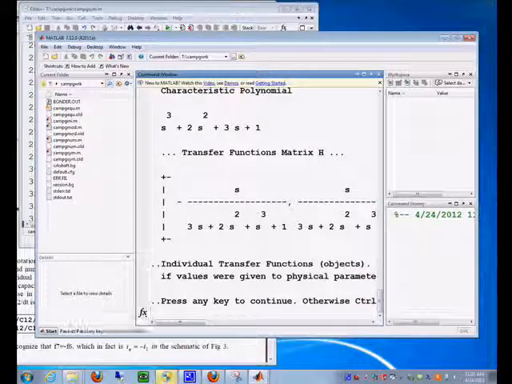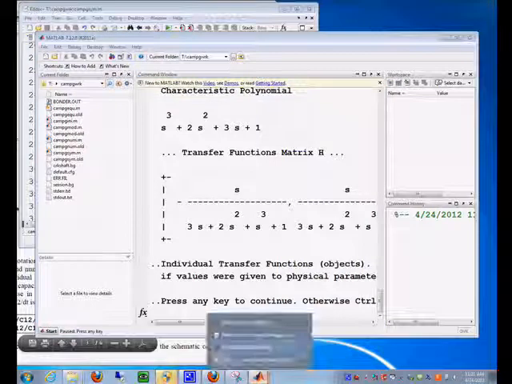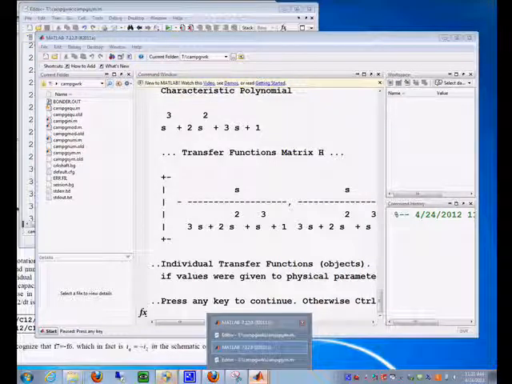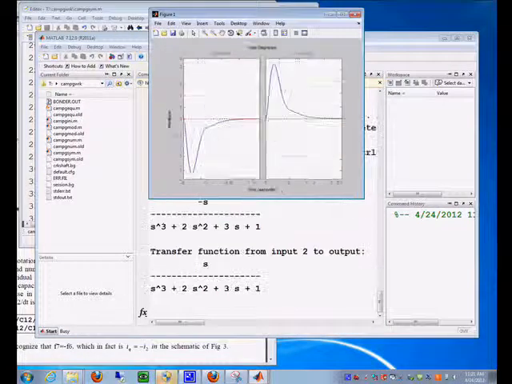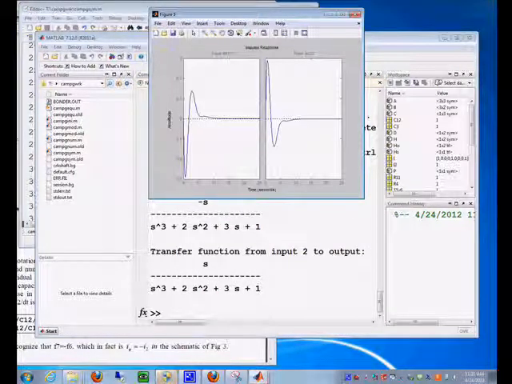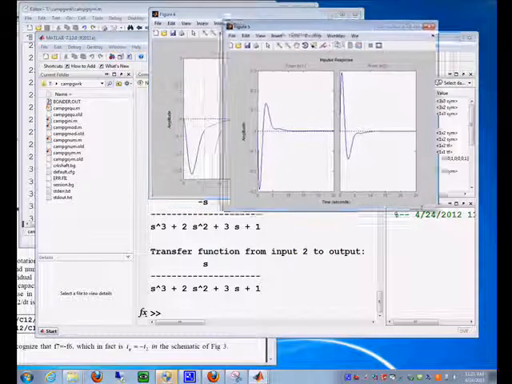The thing is probably done by now. We just need to look where they are. Oh no, it says press to continue. Maybe I needed to enter one more. There you go. See, so the input for both transfer functions, you have the